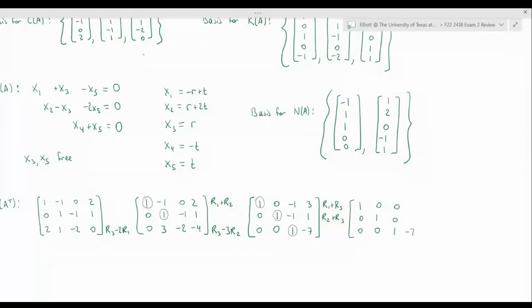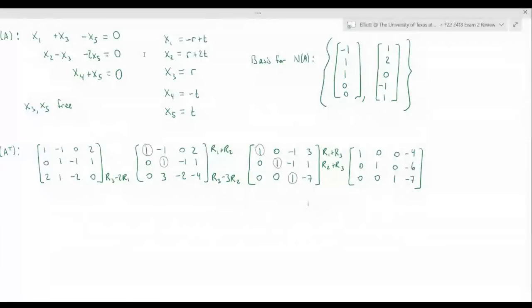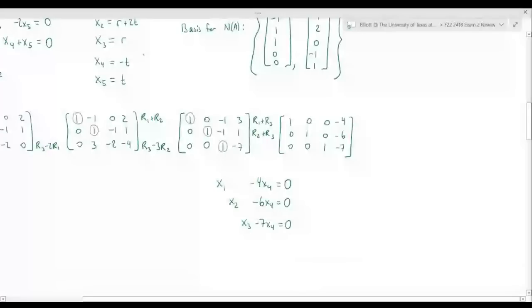Now that I've reduced all the way, I would write out the corresponding system of equations from this. Since we're looking for the null space, again, you're going to be setting it equal to 0. So if I set x4, our free variable, equal to, let's do t, we'll get x3 is 7t, x2 is 6t, x1 is 4t,